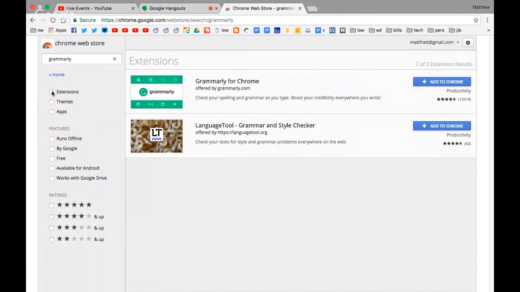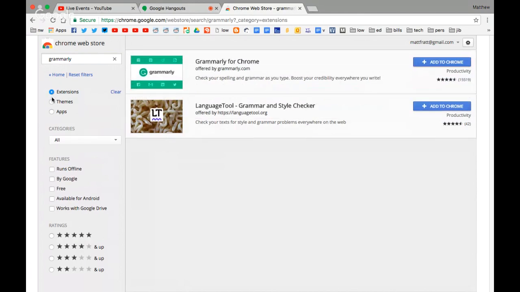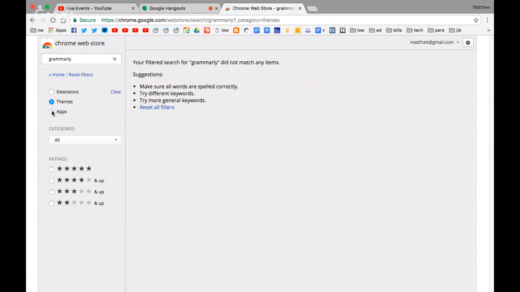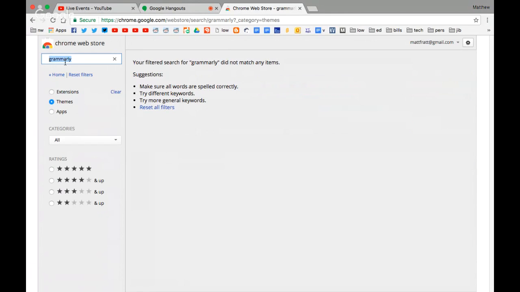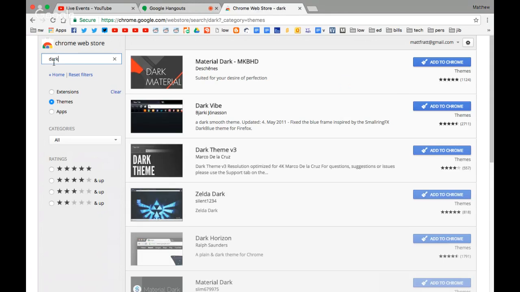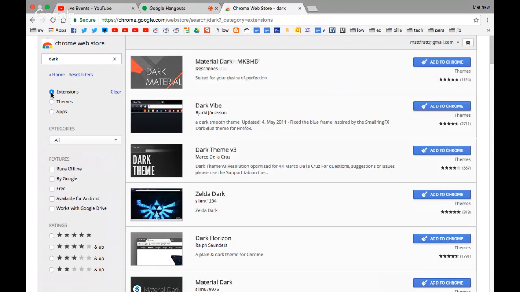So I'm going to talk about the difference between them. First, let me click on extensions. I get that. If I click on themes, nothing comes up. And if I click on apps, I'll get that. Let me talk about actually themes for a second. I'm not going to talk a whole lot about themes. I just did a search for the word dark, and then I clicked on themes, not extensions, not apps,